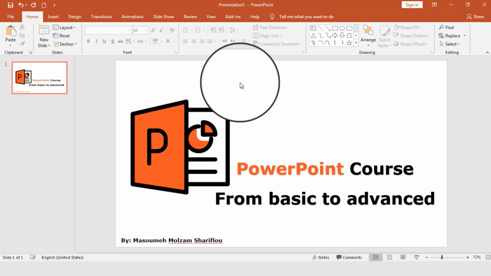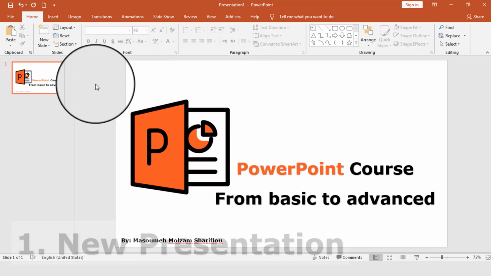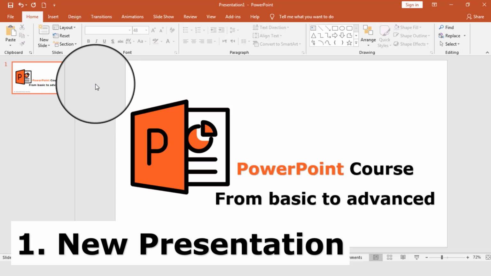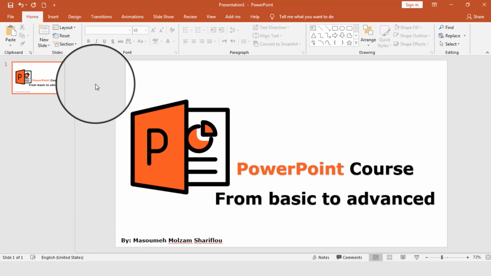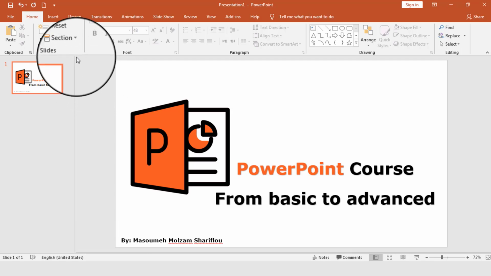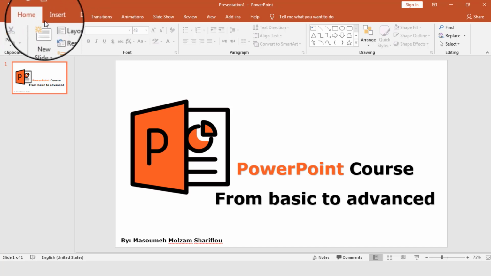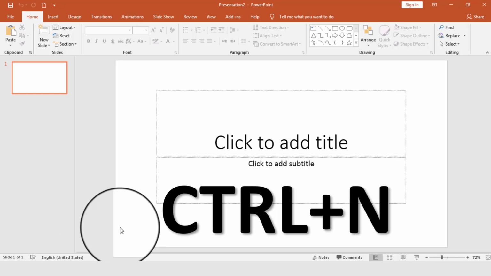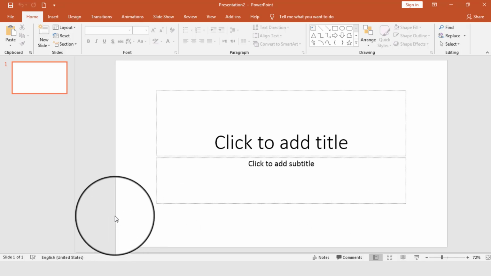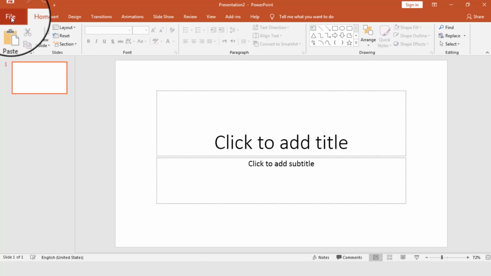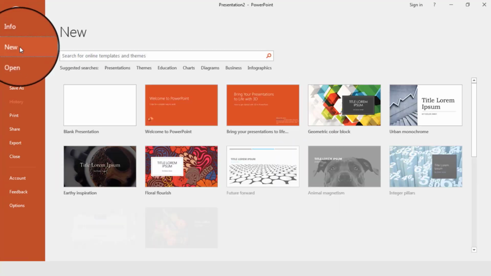Creating a new document or new presentation. You have some ways to create a new presentation. The first one is to click here in the quick access toolbar, and the shortcut key is Ctrl N. Another way is to click on the new option, and as I explained a minute ago, create a blank page or